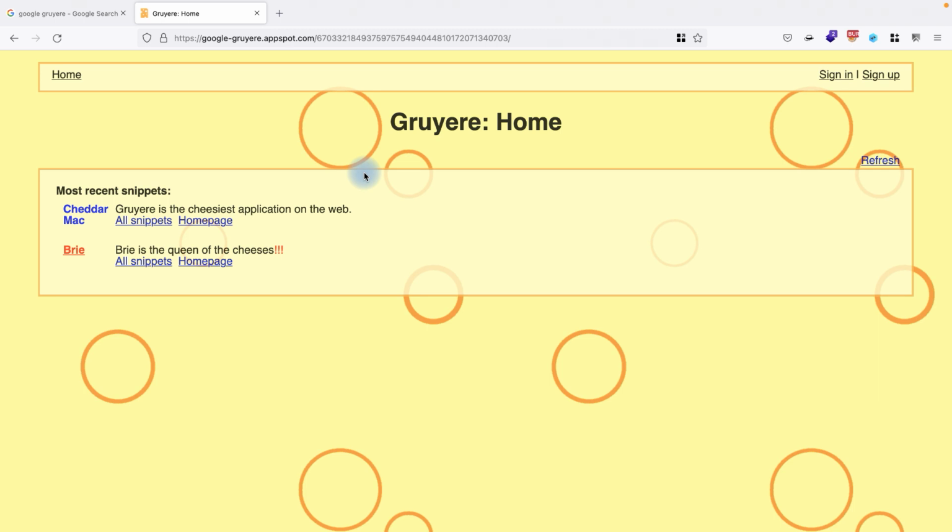First, understand the application, understand all the functionality of the application, and then you can start performing the attack on that application. So first you can simply click here, sign in and sign up. I think I don't have any account on this application, so I'll click here, sign up.